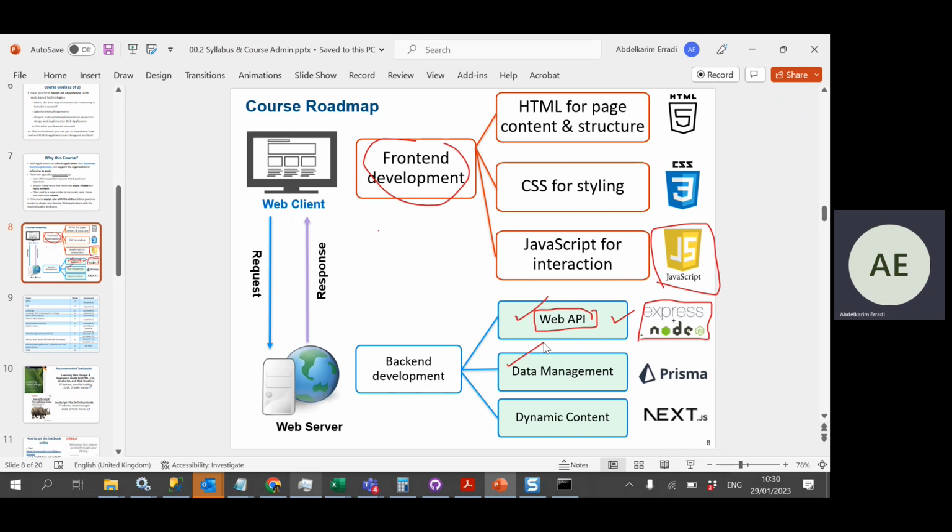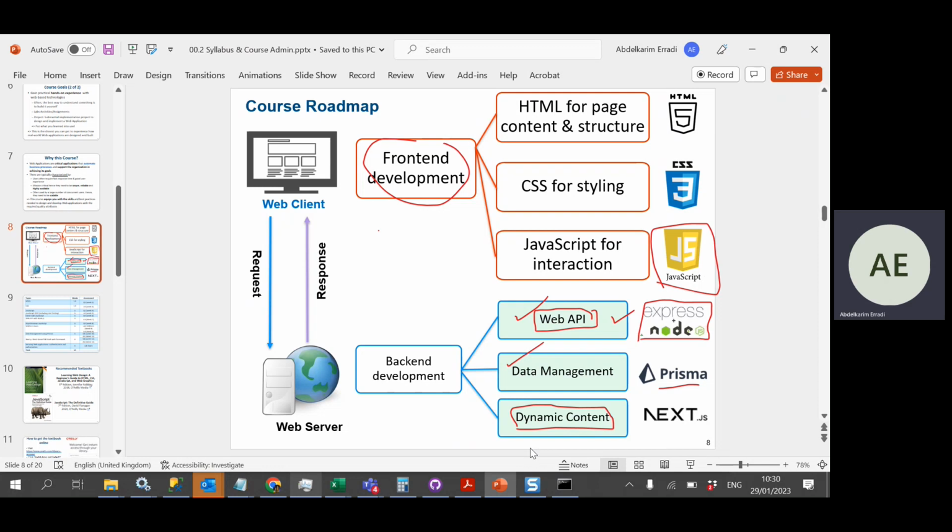We will use some libraries that are already out there, super popular, and we will use them to make our job easier. Such libraries will be Express, Prisma for reading and writing, and then for creating dynamic content. Dynamic content, what I mean, let's say the news articles I told you. A news article will have a title, some content, some associated images, some associated videos, maybe stored in a database. We read it from a database, or a file, and then we produce from it